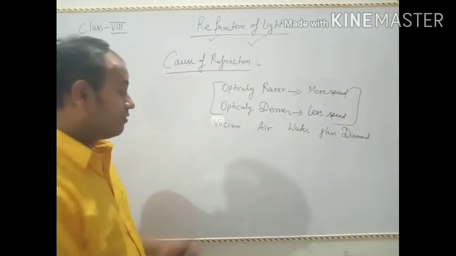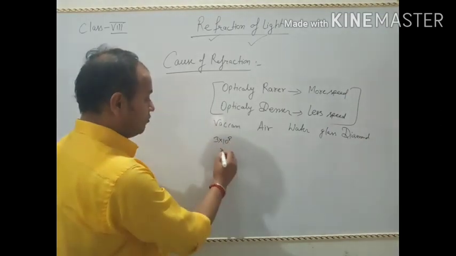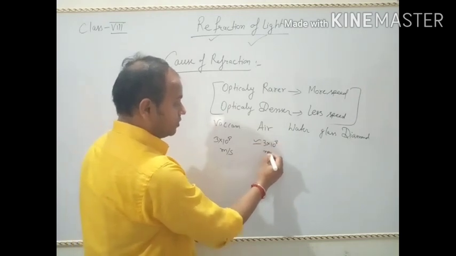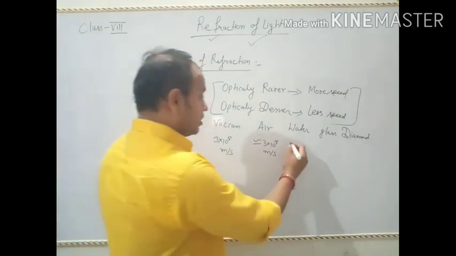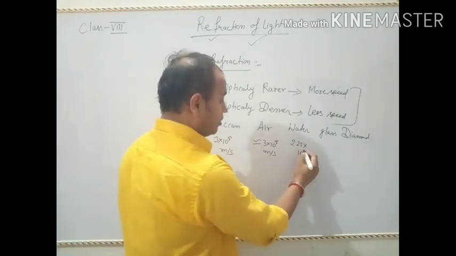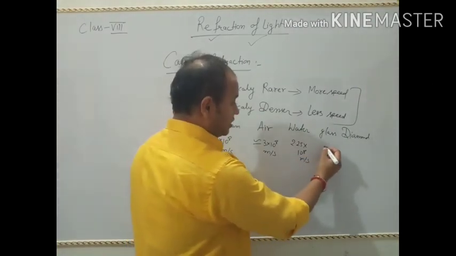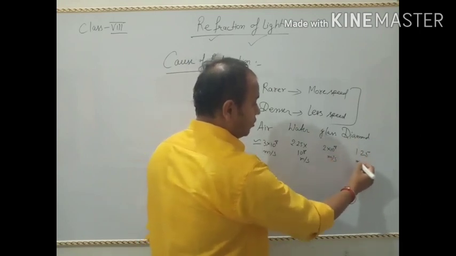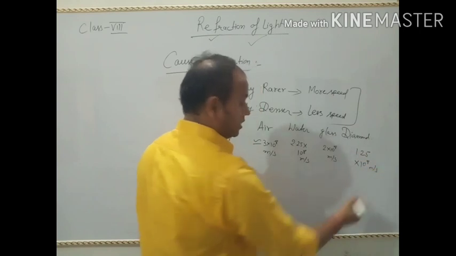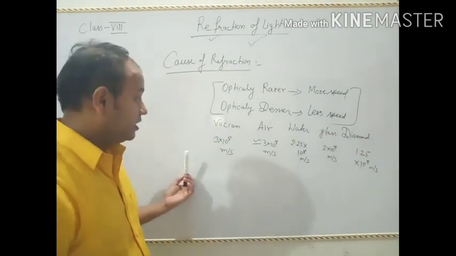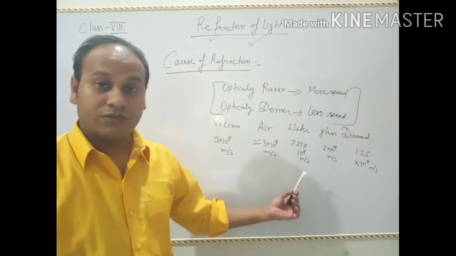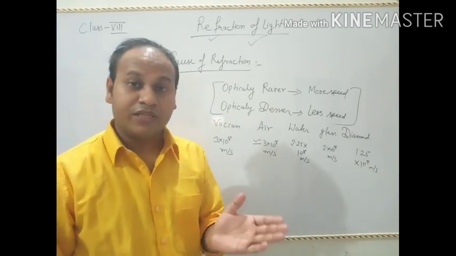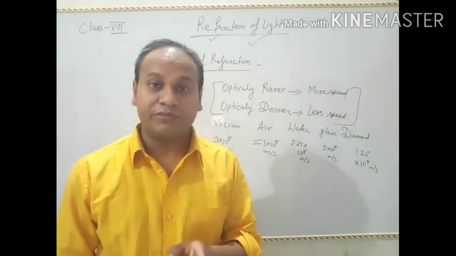In vacuum, the speed of light is 3 x 10^8 meters per second. In air, it is approximately 3 x 10^8 meters per second. In water, it is somewhat 2.25 x 10^8 meters per second. In glass, it is 2 x 10^8 meters per second. And in diamond, it is approximately 1.25 x 10^8 meters per second. So in different mediums there is different speed of light, and because of these different speeds, when light enters from one medium to another, there is a change in speed, and that change in speed is the actual cause of the